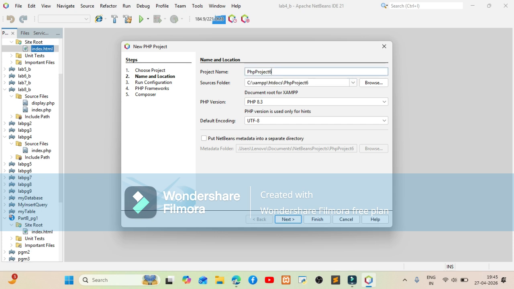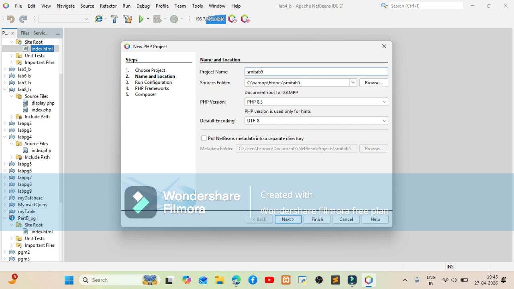Let's give a name. I can give Smita B5. It simply means that this is the program of the student Smita from part B, and this is the fifth program. Click on finish. You see here it is showing the PHP version. Whatever is shown to you, just keep the default as it is.